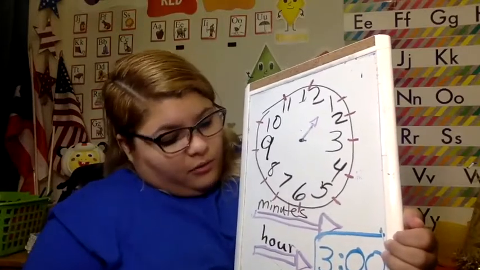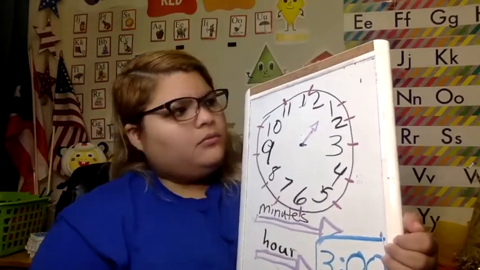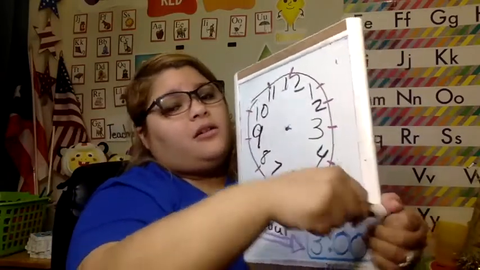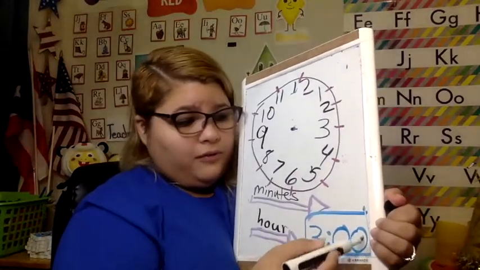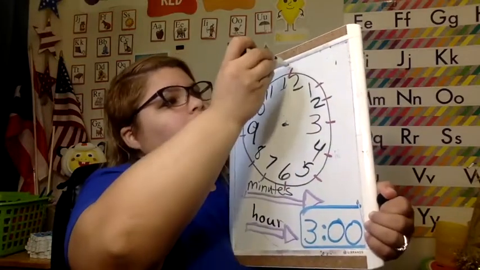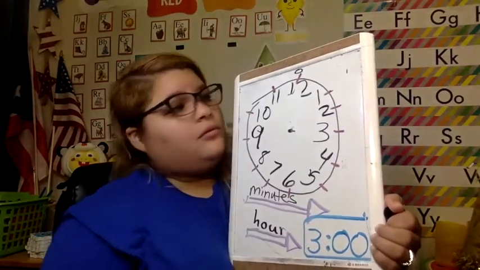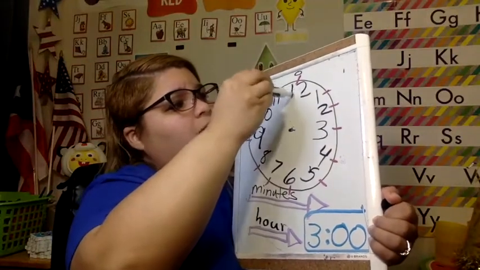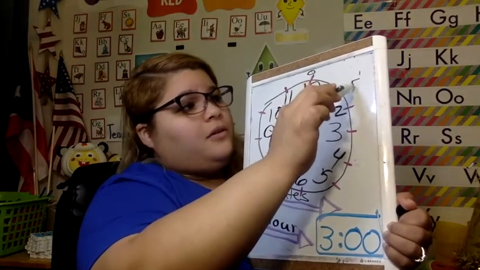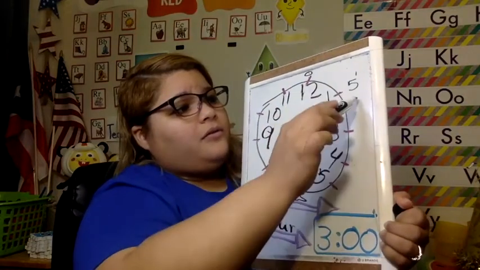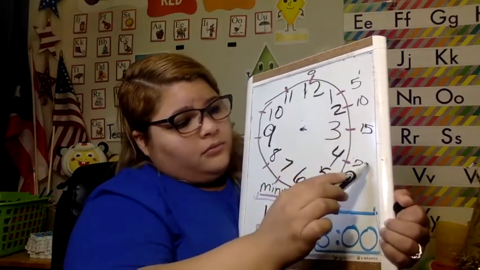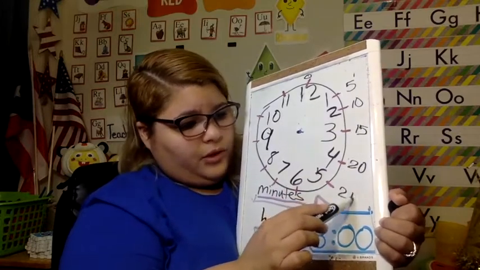When we talk about the minutes, minutes are counted by 5s. So if we start at 12, remember when I told you that when you have o'clock, it's like having 2 zeros? So you start with a 0. O'clock with a 0. Let me fix the 12. So we have counting by 5. Let's count by 5. 5, 10, 15, 20, 25,